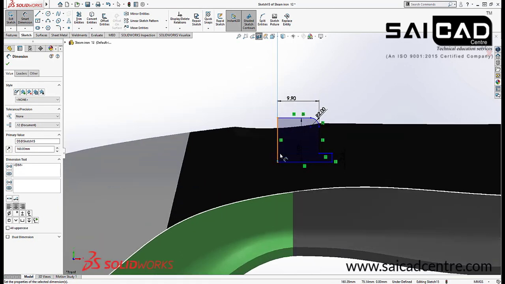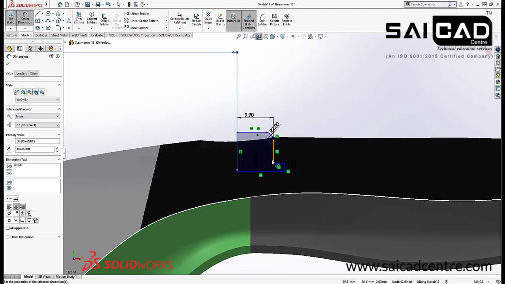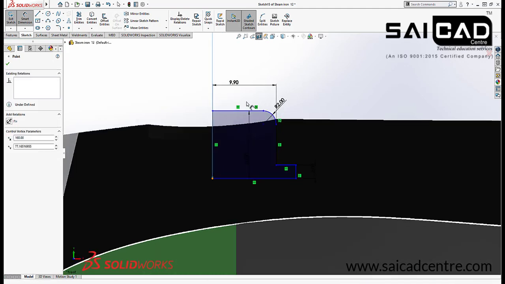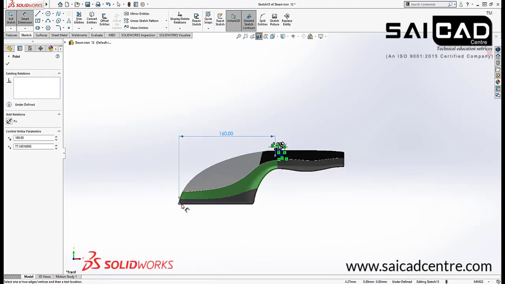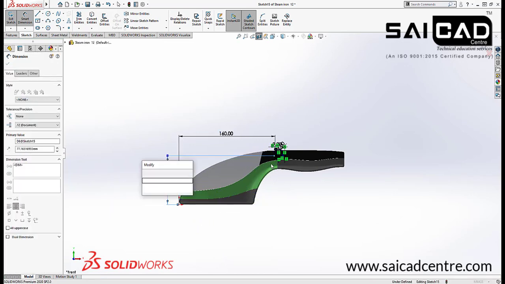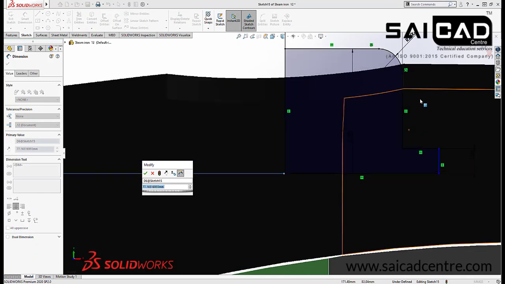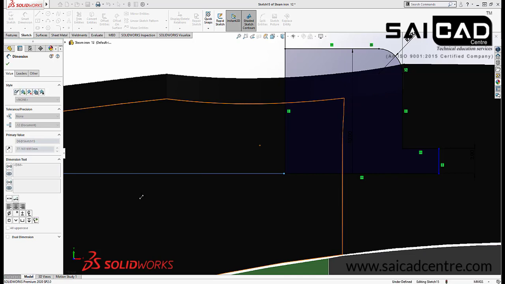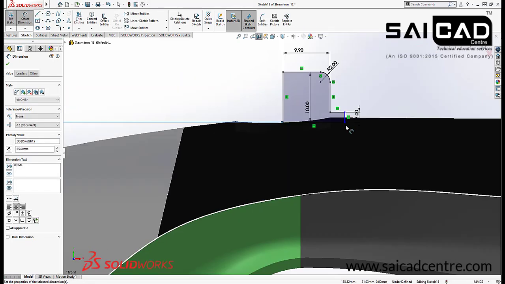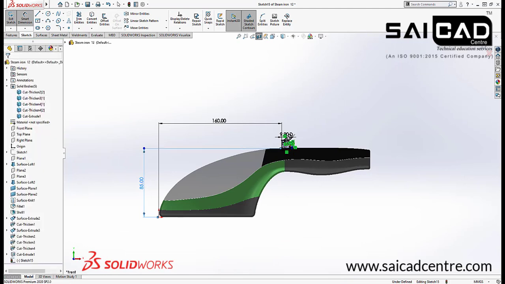Okay, I know that I have created that circle at 160, and we need to take the depth also from here. I will take that value around, okay, we have the edge here, so I will take that around 85. Okay, 85 is far more. I will just take that 80